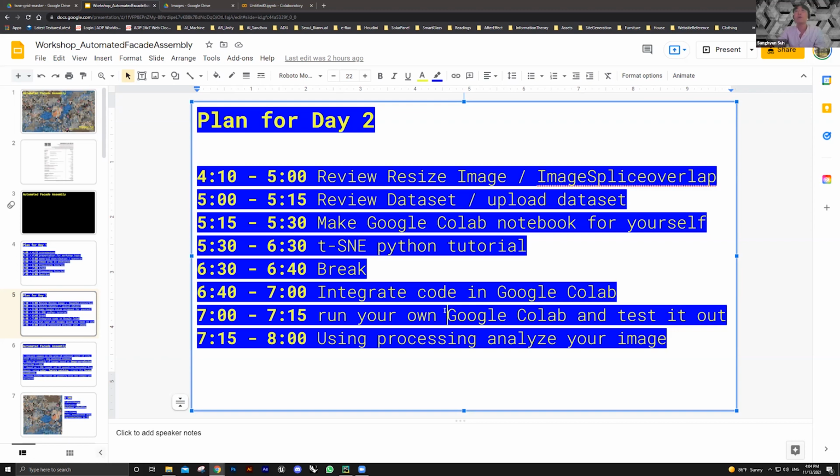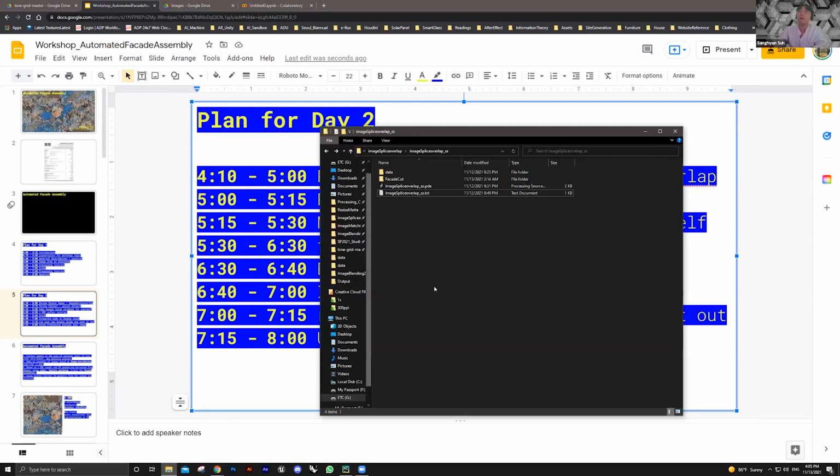Then we're going to download the processed image from the Google Drive, and use some more processing sketches to analyze your images in maybe a few different ways. Let's see how much time we have at the end of the day. So I'm going to start with the